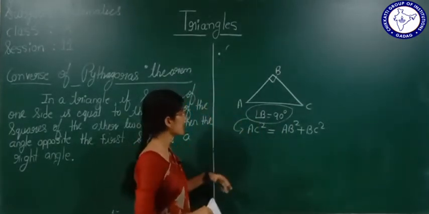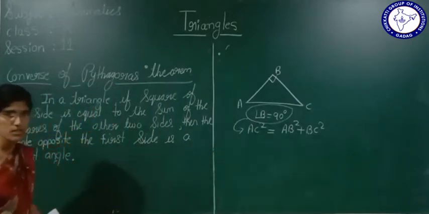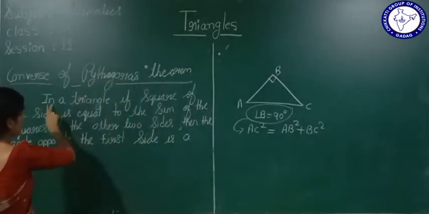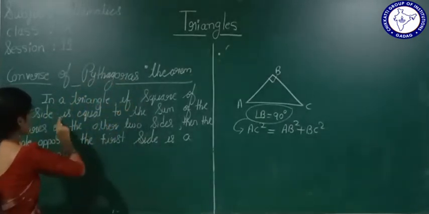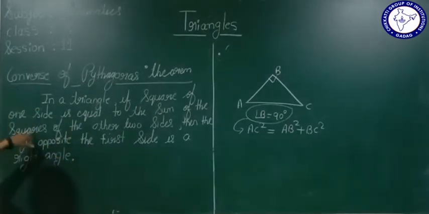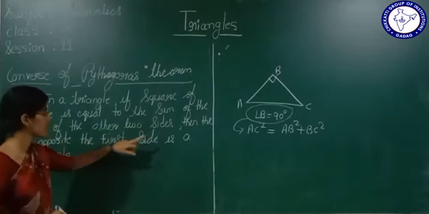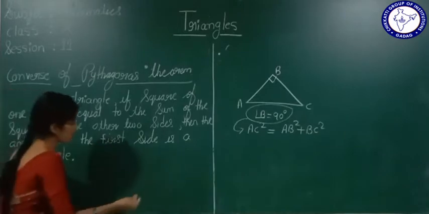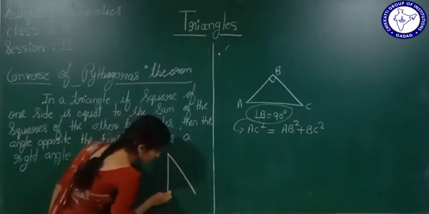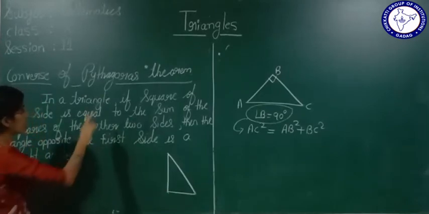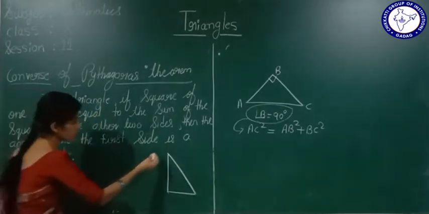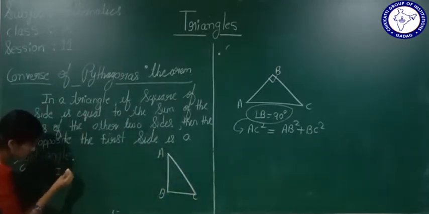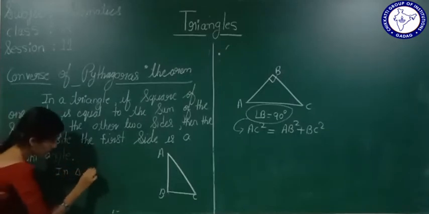In today's class, we are going to see what the converse of Pythagoras theorem is. The converse of Pythagoras theorem states that in a triangle, if the square of one side is equal to the sum of the squares of the other two sides, then the angle opposite the first side is a right angle. Suppose we don't know which triangle, in a triangle if the square of one side, suppose here in the triangle